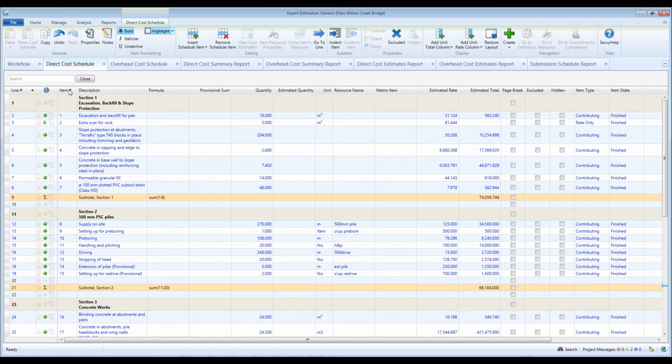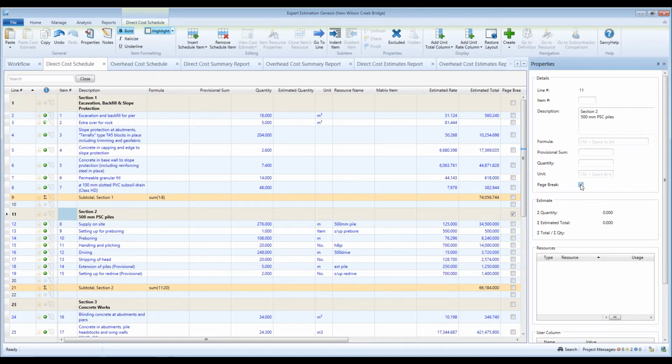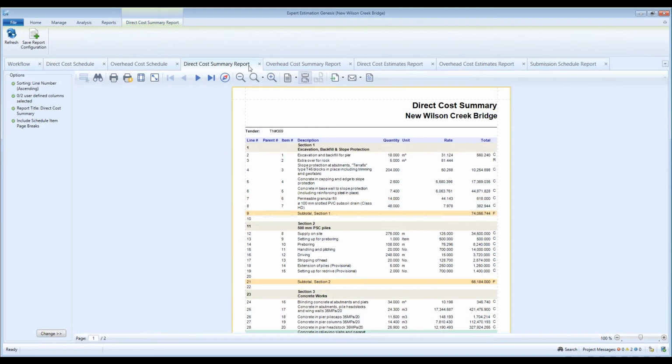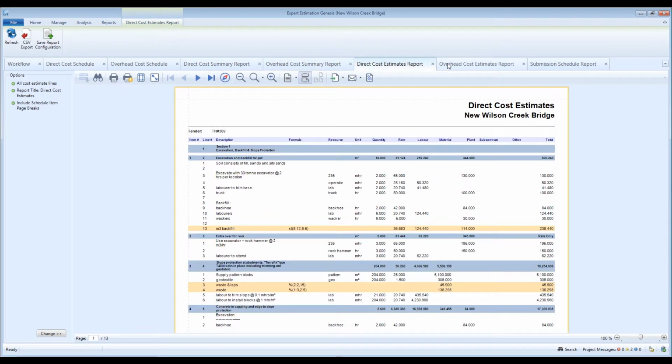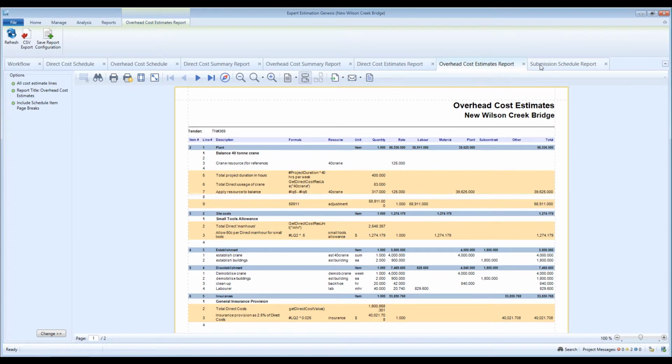The first way is to select the direct or overhead cost schedule item line you want a new page to start on. Then click Properties from the ribbon menu and tick the Page Break option. Once you've set up page breaks on your cost schedule items, you can choose to apply them to any or all of the following cost schedule reports: direct cost summary, overhead cost summary, direct cost estimates, overhead cost estimates, and